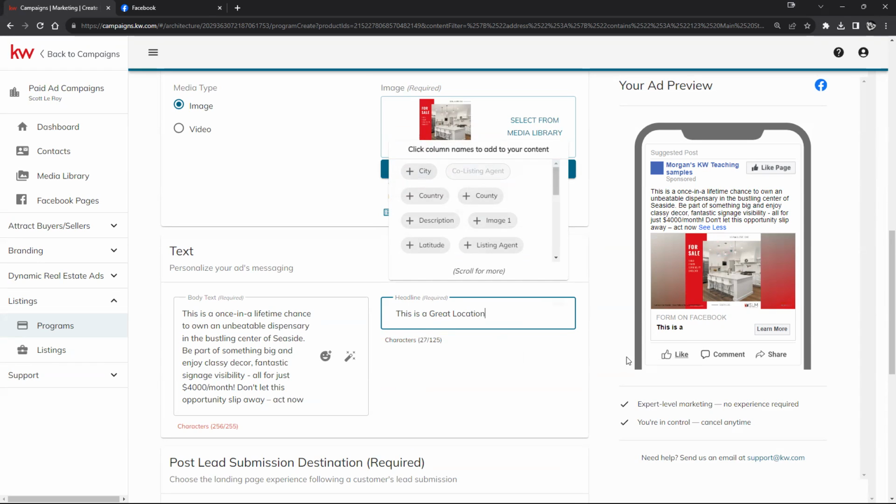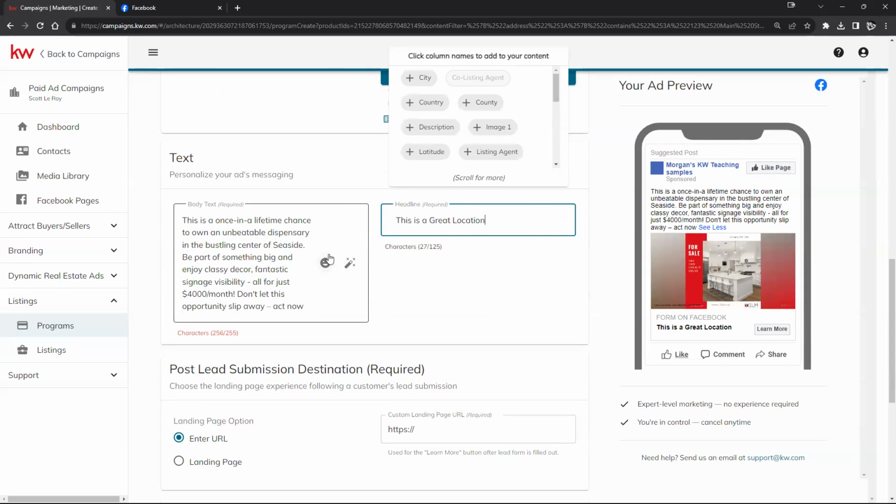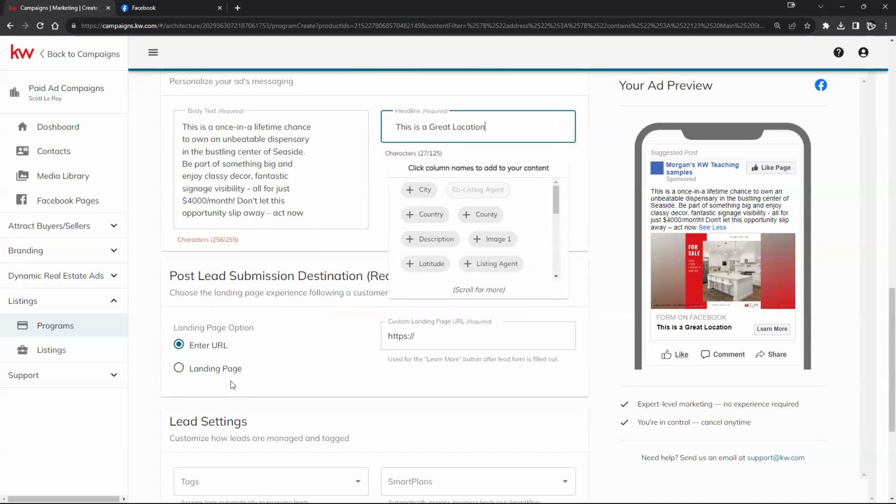This is a great location. Or click learn more to find more details. Sign up today for a walkthrough, really anything that you want to add right here. But this is going to be that bottom call to action title. All right, moving down here, we have our